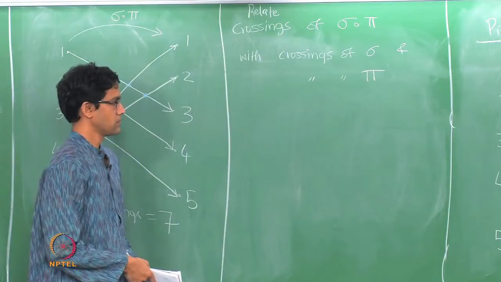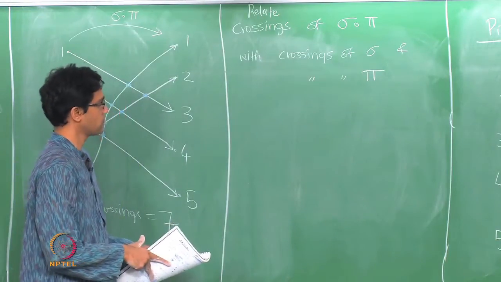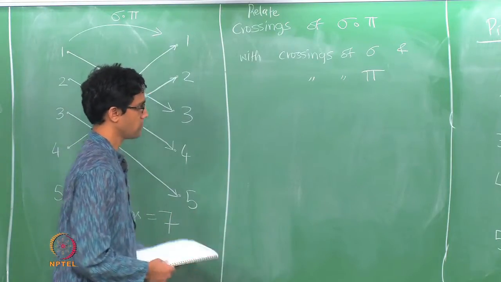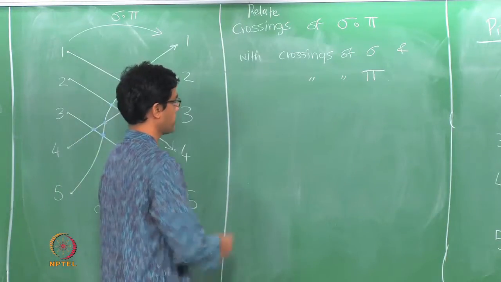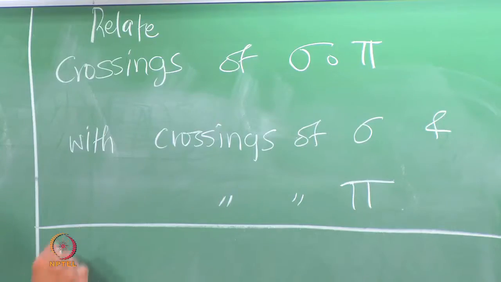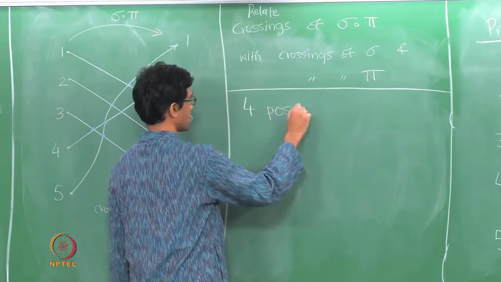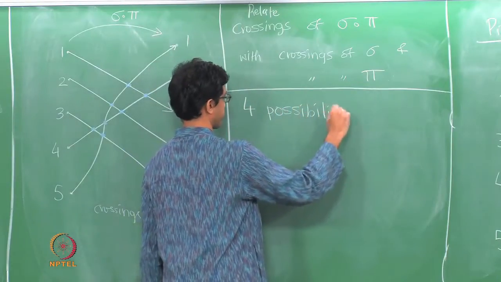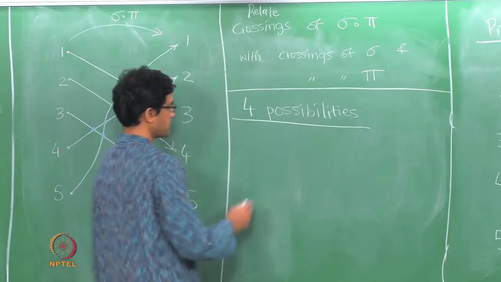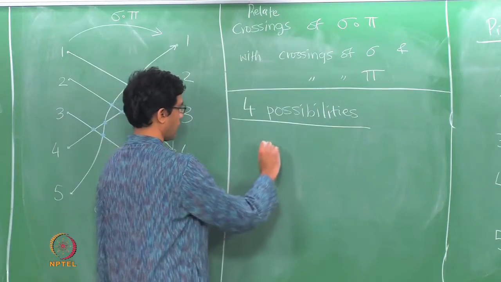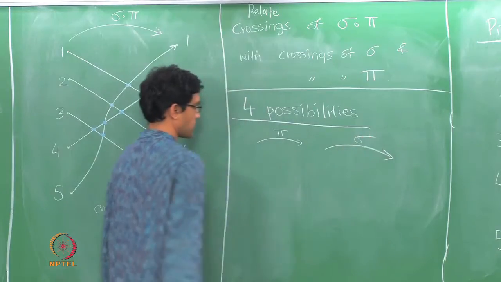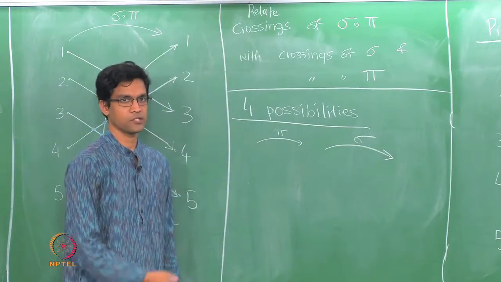Okay. So how do we figure out what happens? Let us just do it case by case. Let us look at what all the various possibilities would give us, and then we will see if we can make sense out of this. So what are the 4 possibilities? Really there are only 4 possibilities. Here are the various possible diagrams. I first have pi, and then I follow it up by sigma. So this is what is happening when I take the composition of these 2 permutations.